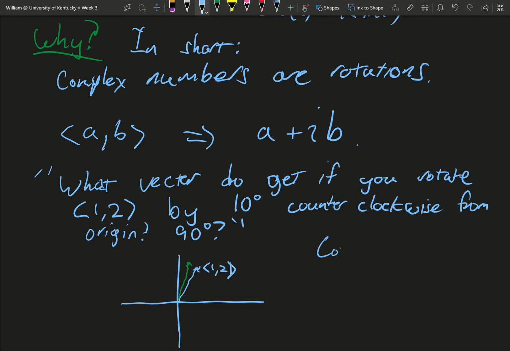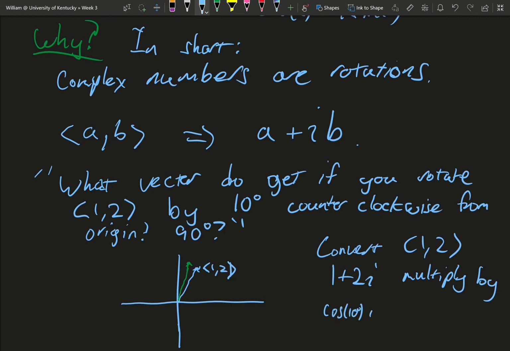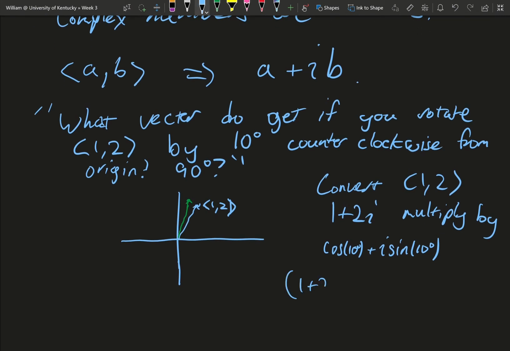So convert 1, 2 to a complex number, and multiply by the complex number corresponding to just like a 10-degree rotation from 1. So 1 plus 2i, times cosine of 10 plus i